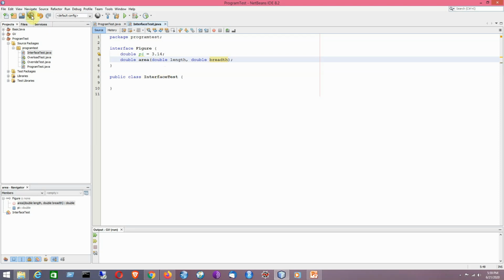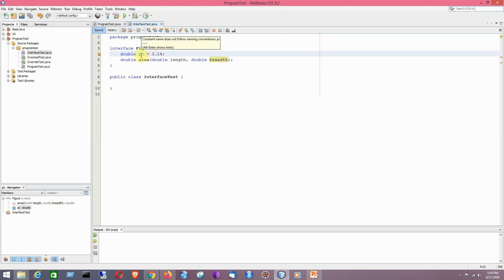As I have told before, all the fields in the interface are by default public, static and final. So that means once declared, its value cannot be modified. That is why after being initialized once, it cannot be modified.